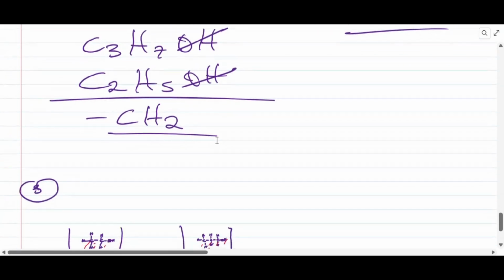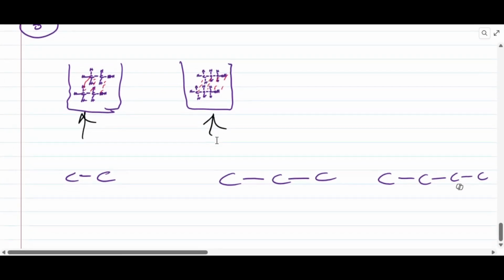And also, we said as the chain length increases, the melting point increases, the boiling point increases, the viscosity increases, they get thicker as you go down the series. And then we said flammability decreases, they get heavier, and they don't burn easily as they get heavier. So that is everything about